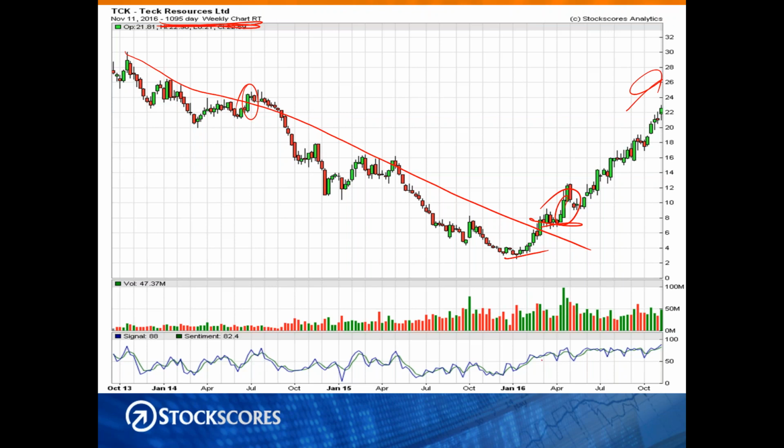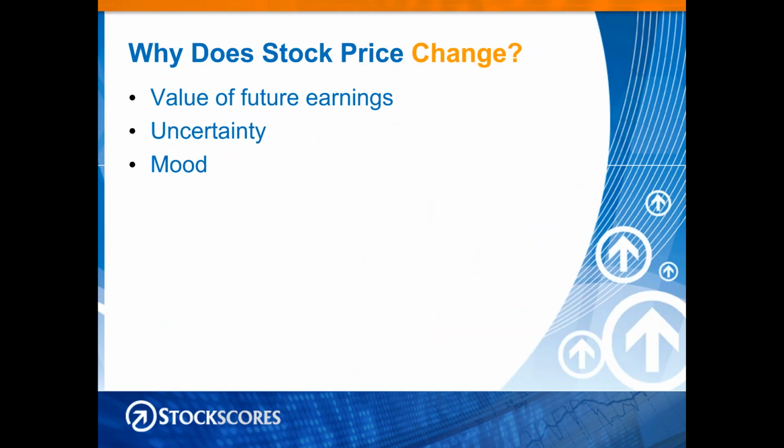So what we like to see with the Stockscores indicators is the green line to be above 60. So it crossed above 60 somewhere in there. And the blue line to spike up above 80, which it did there. Those indicators were designed by me to look for the elements of good chart patterns. And what we'll talk about early in this session today is what are the elements of good chart patterns. And there's only 6 of them. If you understand those 6, then you have everything you need to know to read a chart. But you have to understand them really well. So we're going to go through those fairly slowly.